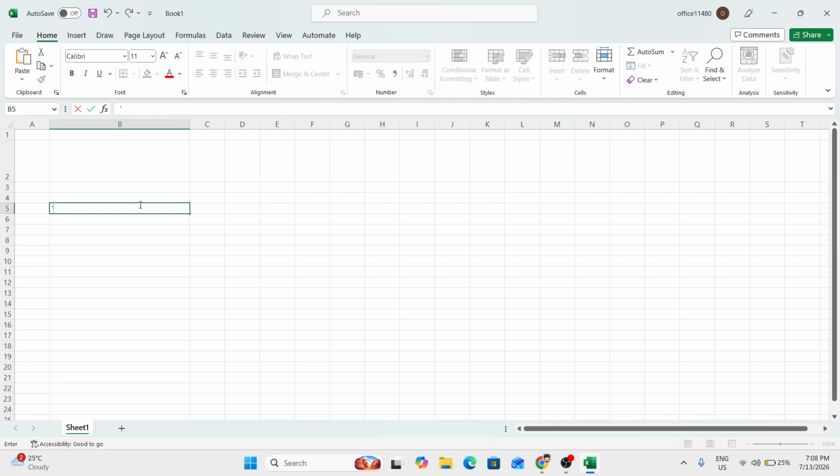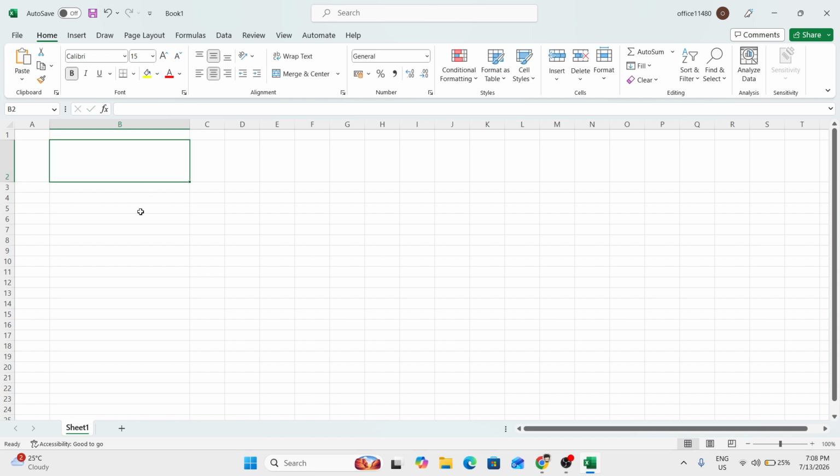In today's video, I'm going to teach you how to create a digital clock in Microsoft Excel. This is a simple and useful trick that lets you display the current time directly inside your worksheet. It's great for dashboards, demos, or any spreadsheet where you want a live time display. The setup is very easy, and once you understand how it works, you can customize the look of the clock